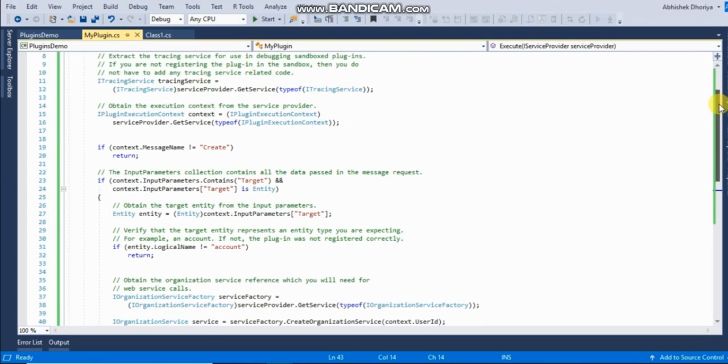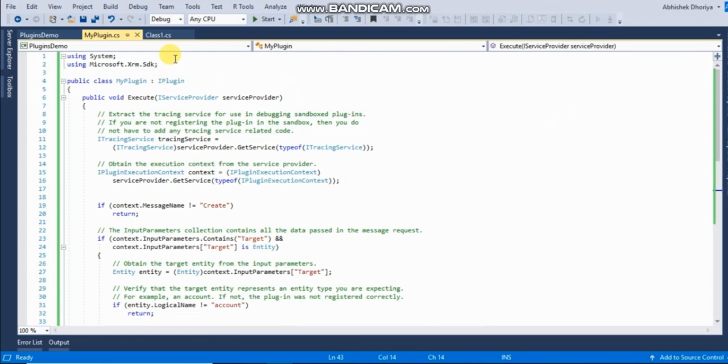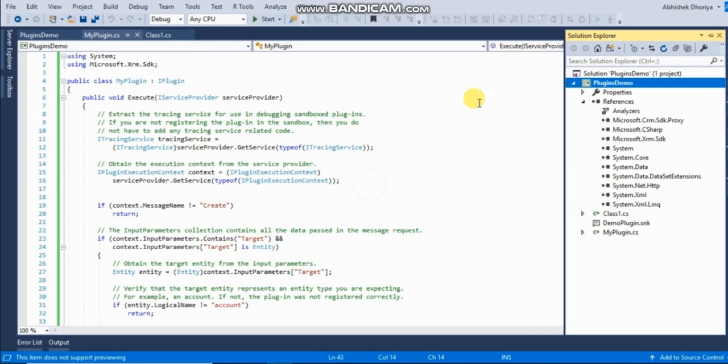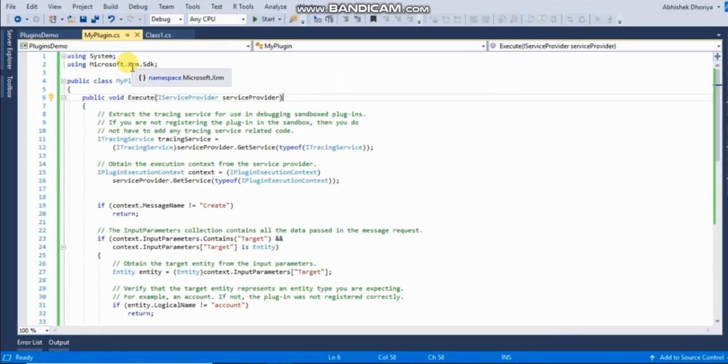and I'm again repeating it. Create a class library type project, and add two DLLs in the references that you will find in the SDK folder. After adding those references, create a class in that project, extending the IPlugin interface that you will find in Xrm.Sdk.